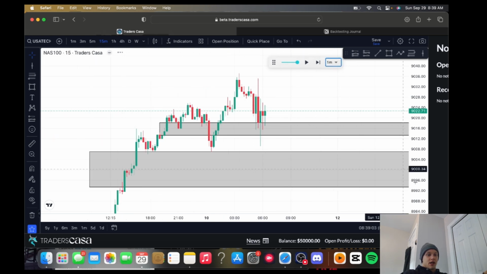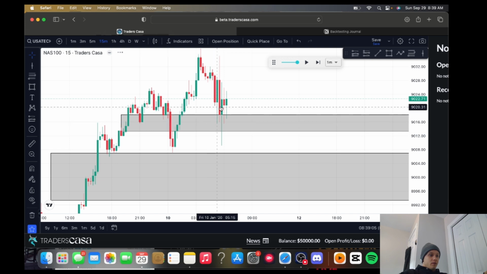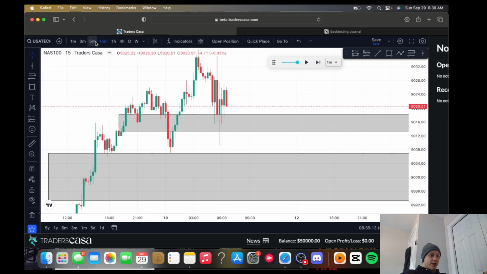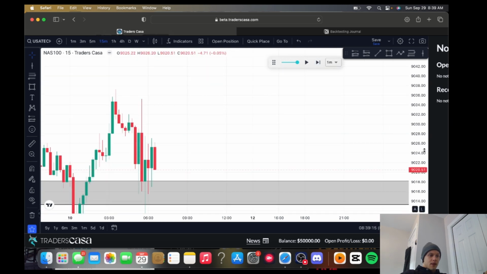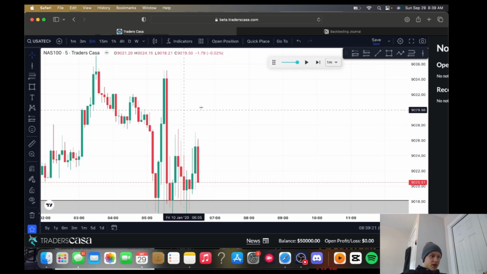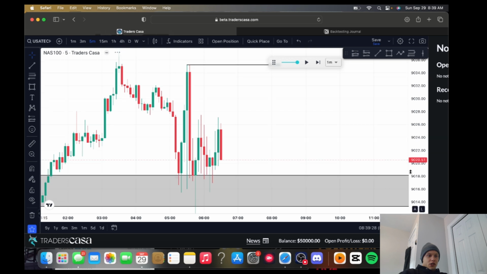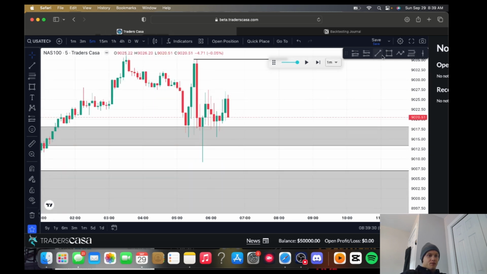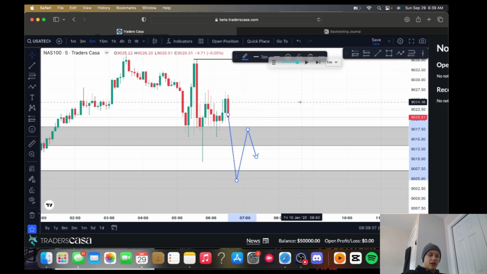I'd like to see us have a bit more price action, trade down below. We are in that 1 hour fair value gap, so I do want to see how we react off that. We haven't left behind any 15s nor 5 minute fair value gap, so we don't really have much. We have relative equal highs above here. And I'm bullish, so ideally what would be really clean: sweep the lows, tap into that, come up, and then push up. That would be really clean, and that would be A+.